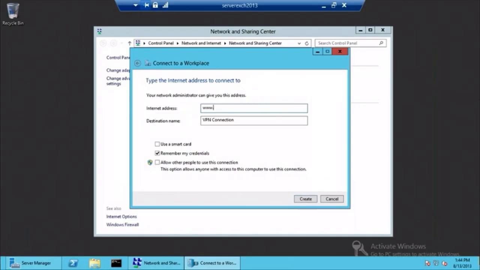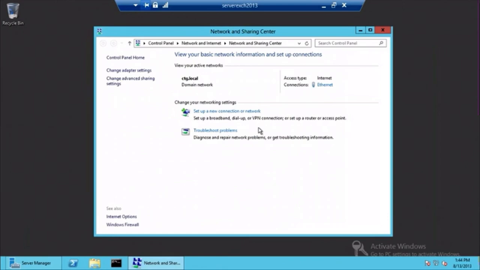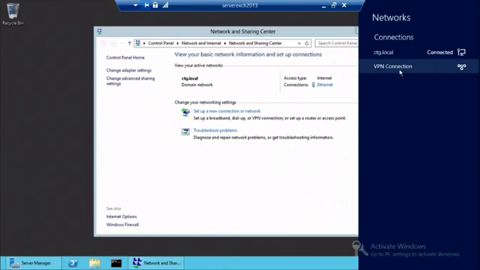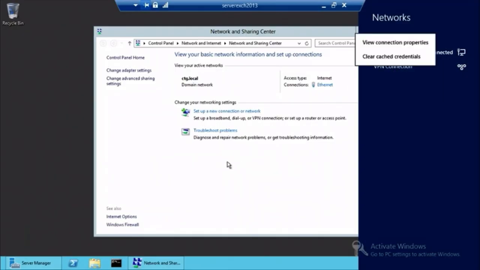I don't even know if this is a real domain name. I'm just doing it to create the connection. Once this is done, though, I create it, and all I'm doing is giving it that name. It creates it just fine. VPN connection right here. It won't connect to anything because I haven't configured it for an actual domain name. But the important part is that once it's configured,